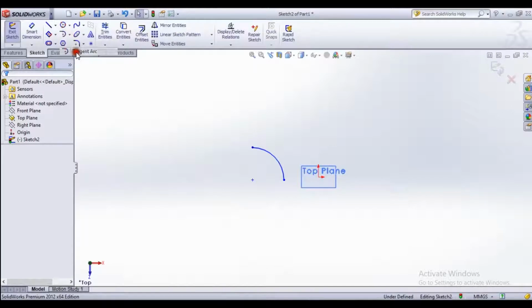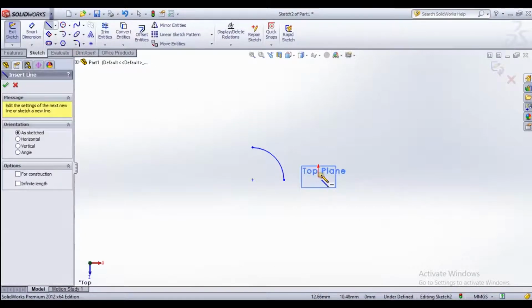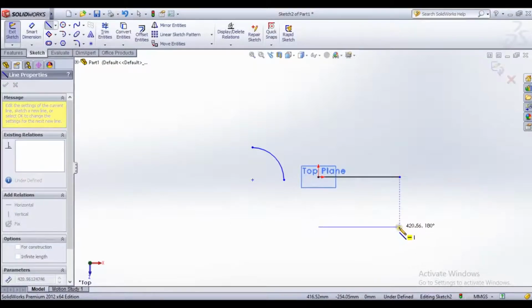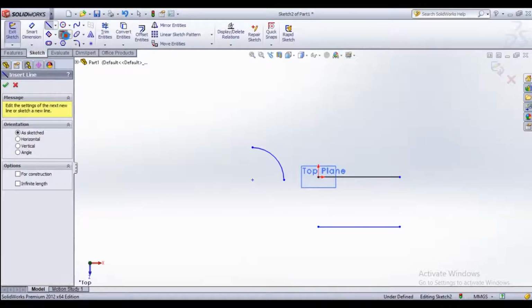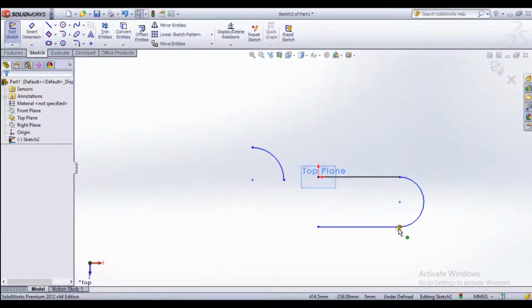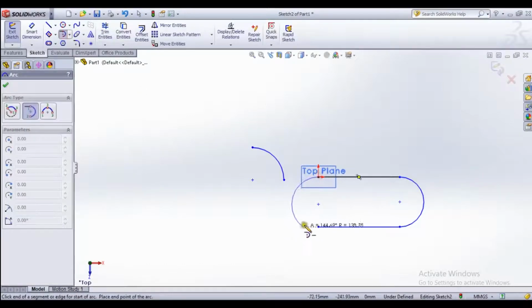And the other one is tangent arc. Tangent arc is driven through some parallel or some point, so it's created like this. It is tangent to the first start point and end point. You see that tangent is similar to the same angle with the end point and start point. This is also start point, end point. You see it is tangent arc. This point, it's created like this. Tangent arc.